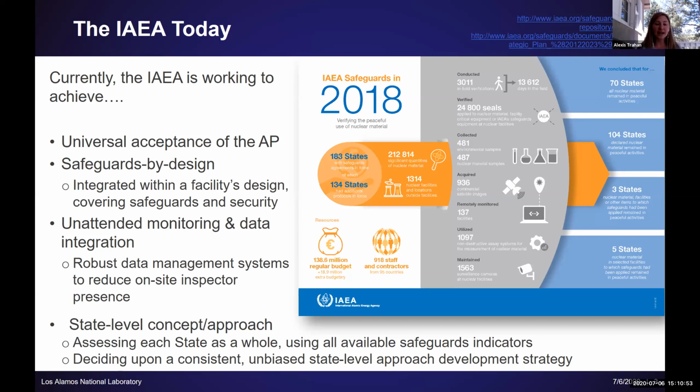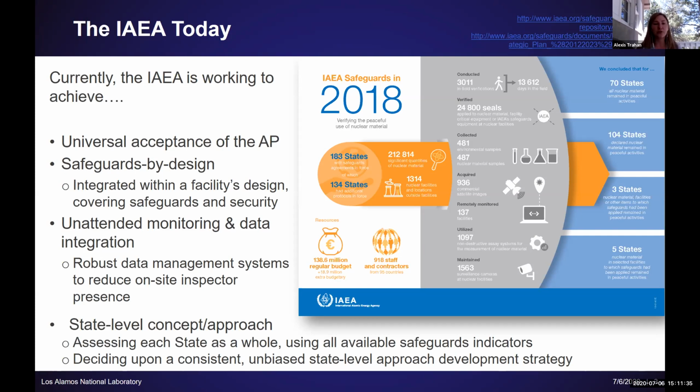The reason that states contribute to the IAEA in order for them to accomplish this mission is that there's been global recognition that we are all safer if nuclear material is properly accounted for and properly safeguarded. It's in everyone's best interest that we work together to implement safeguards. That's why all the member states take part with the IAEA in this inspection process through financial donations and through cost-free expertise. They send experts over to the agency. There are all sorts of ways that member states contribute to this mission. And then the IAEA is ultimately responsible for performing this verification.